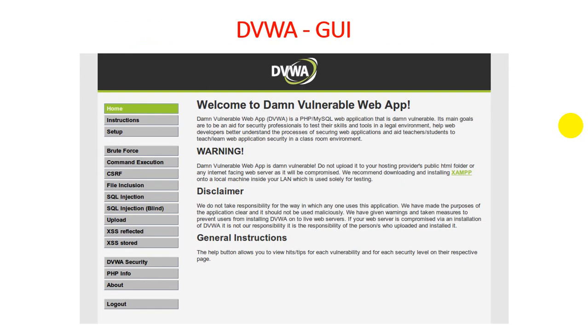Now this is the GUI through which we can identify, after logging in to the DVWA application or website, the kind of GUI through which you can perform testing.